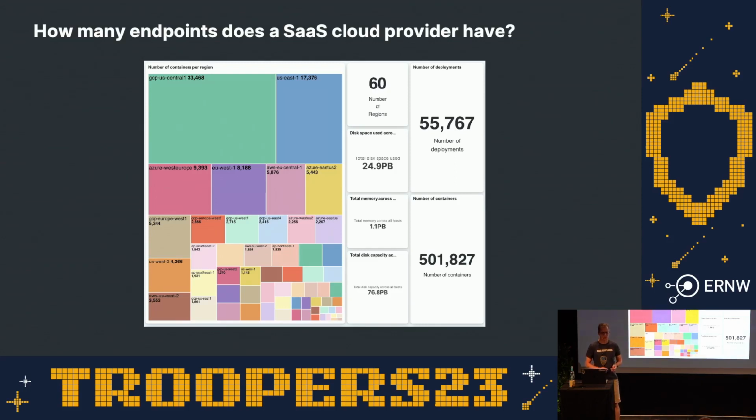So during that 1 hour time period, we had 55,000 deployments. That's 55,000 Elasticsearch clusters running in Elastic Cloud. Over 500,000 containers were running. Every single container is an exploitable endpoint. I mean, a container runs code in it. That's something that an attacker could exploit. That's something I have to protect. That's 500,000 of them. So that's a bit of the scale we're talking about. Yeah. 1.1 petabytes of RAM being used.